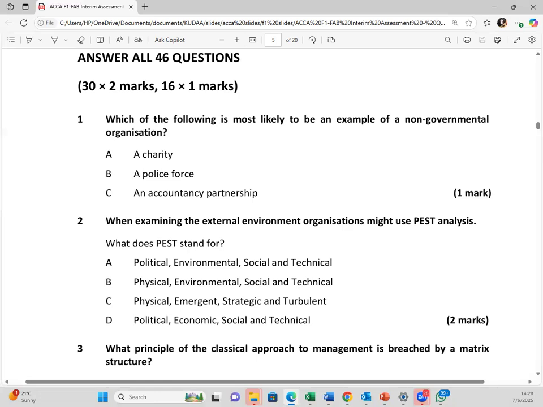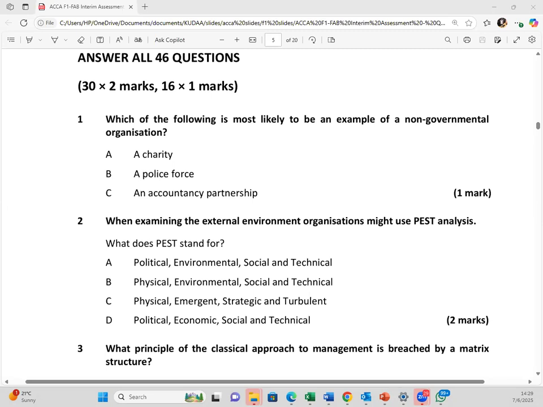Okay, so which of the following is most likely to be an example of a non-governmental organization? So if it's a non-governmental organization, what does this imply? So a non-governmental organization is an organization which is independent of government control. So already Michelle has said it's A. Yes, a charity organization is likely to be